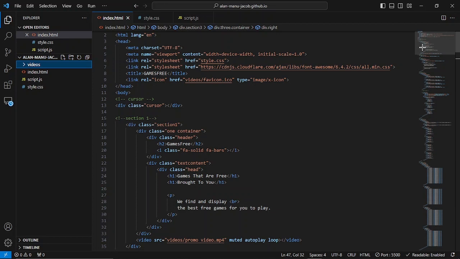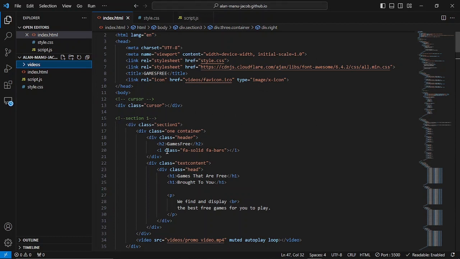This is a video where I explain the working of my responsive application slash website, and I also explain what I've done with the HTML, CSS, and JavaScript to make my website work. Let's begin. So here for the HTML, I have created a cursor so it can be displayed on the